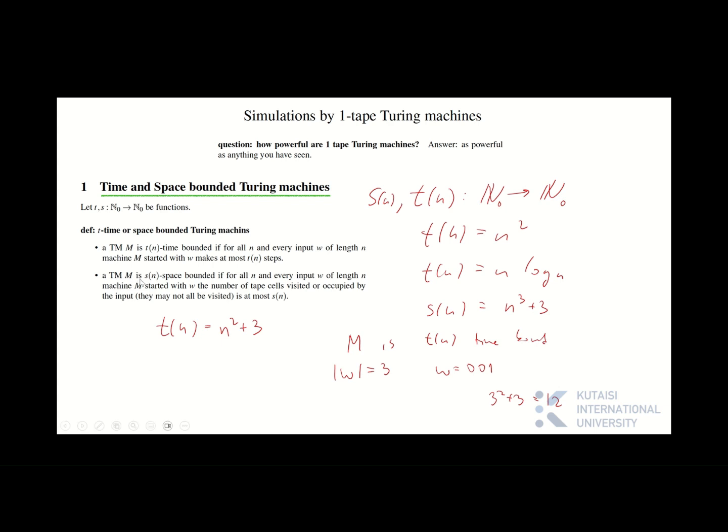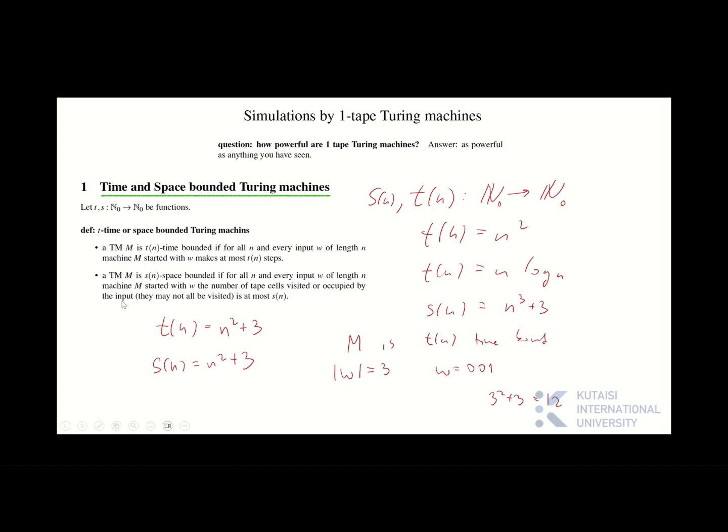So a TM M is Sn space-bounded. Sn is just another function. It can be the same thing. So let's take the same one, and let's say Sn is again n squared plus 3. So my machine will be Sn space-bounded again if, for all n and every input w of length n, machine M started with w, the number of tape cells visited or occupied by the input